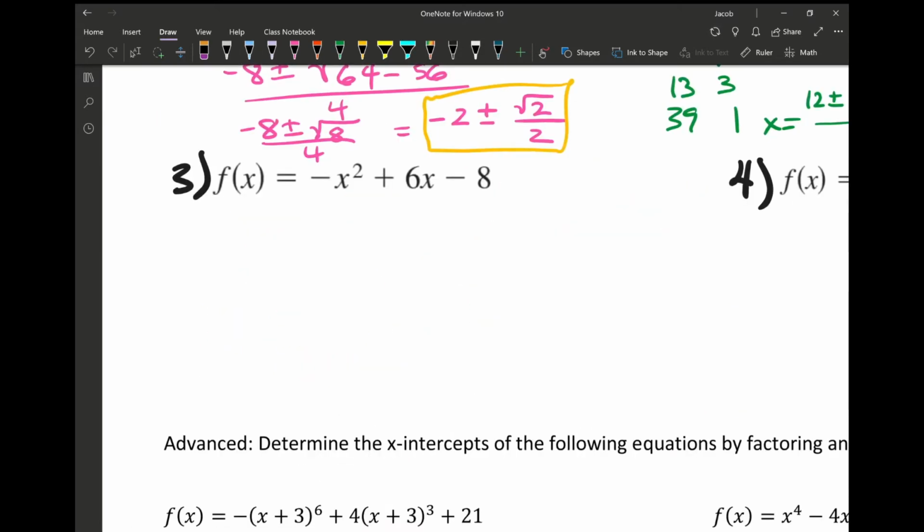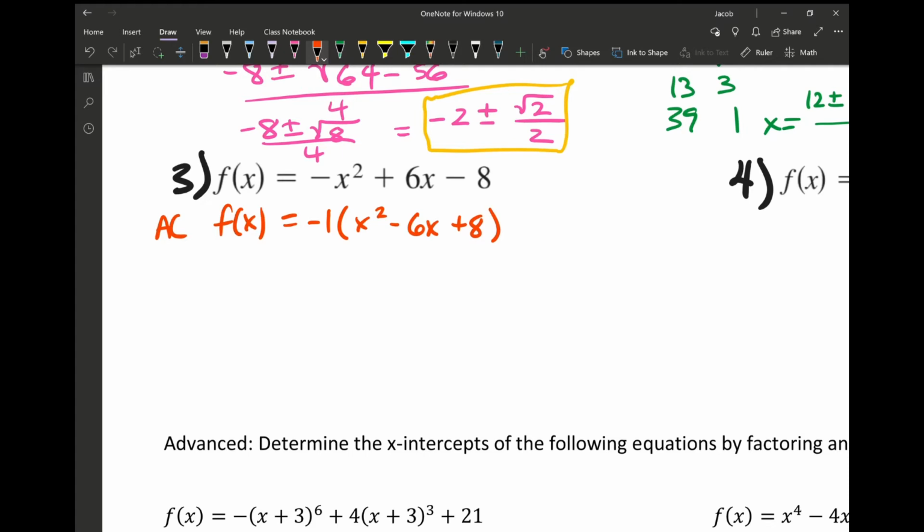And this is, it's really important that before we start factoring, because this almost looks like standard form, that we factor out the common factor. So the common factor here is negative 1. So I get x squared minus 6x plus 8. And this actually ends up helping us a lot. We can disregard this